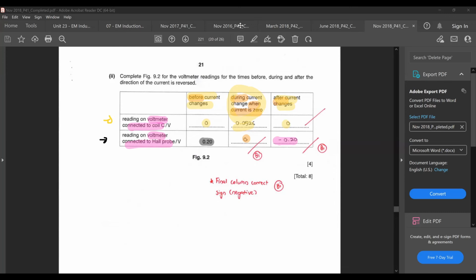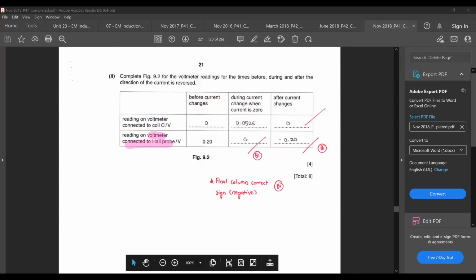Okay, right? So this one is okay. Right, so that one okay. Then after that,